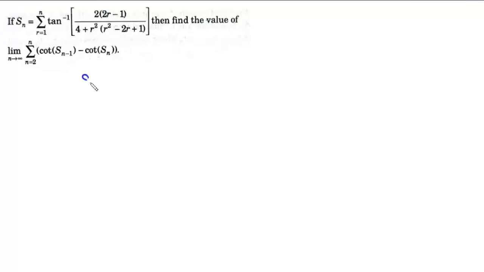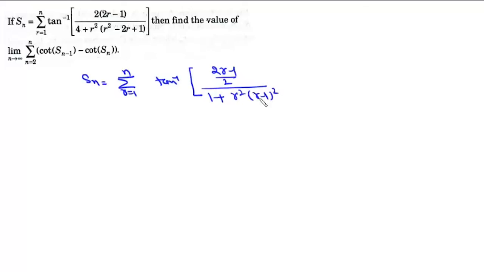Now here the question is, we are given the series Sn, which is this summation r varies from 1 to n, and this is tan inverse. Now if we divide everything with 4, we can write this as 2r minus 1 by 2 upon 1 minus r square and r minus 1 whole square by 4. Now we can simplify this as this summation r varies from 1 to n, and it will be this tan inverse